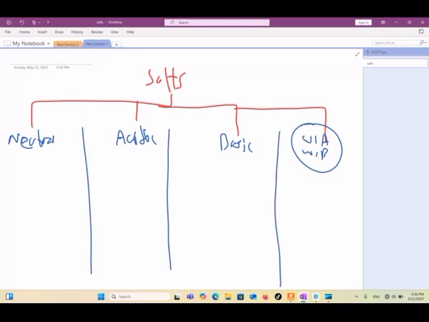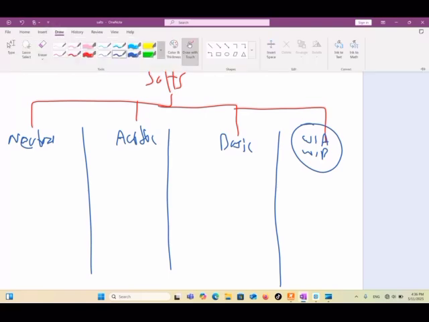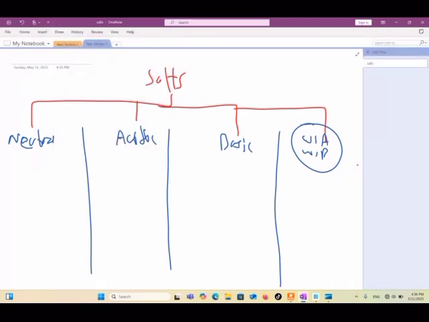Guys, whenever the types of the salts are given, we have to determine the different possibilities. For the neutrals, there is no hydrolysis